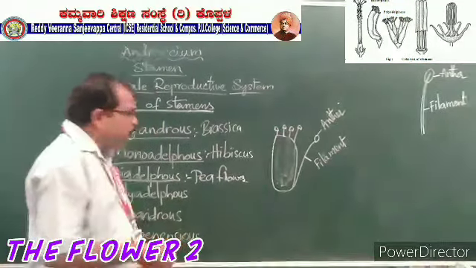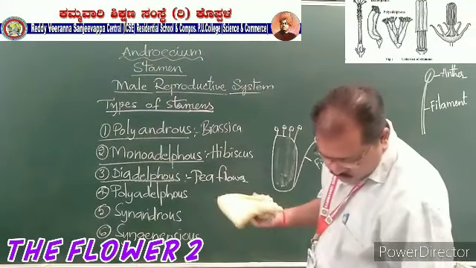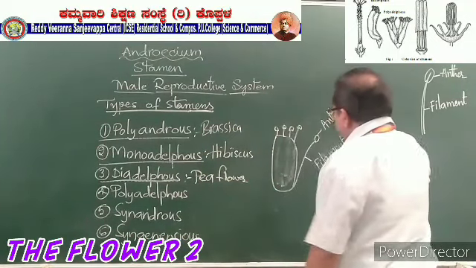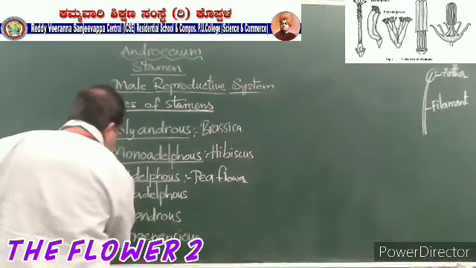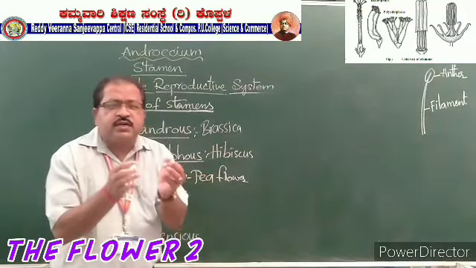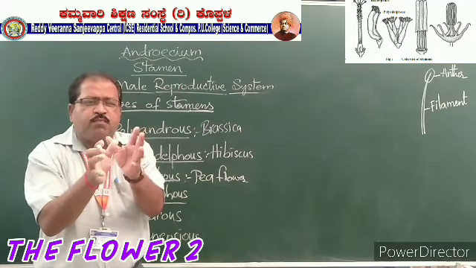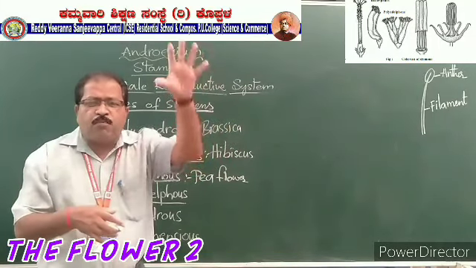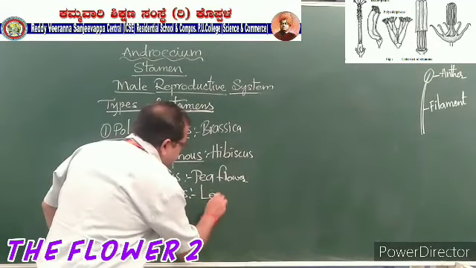Okay, and come to the next one, polyadelphous. In this condition, all the filaments are fused together. The anthers are free. All the filaments are fused together, forming more than two bundles. That is called polyadelphous. An example is lemon flower,